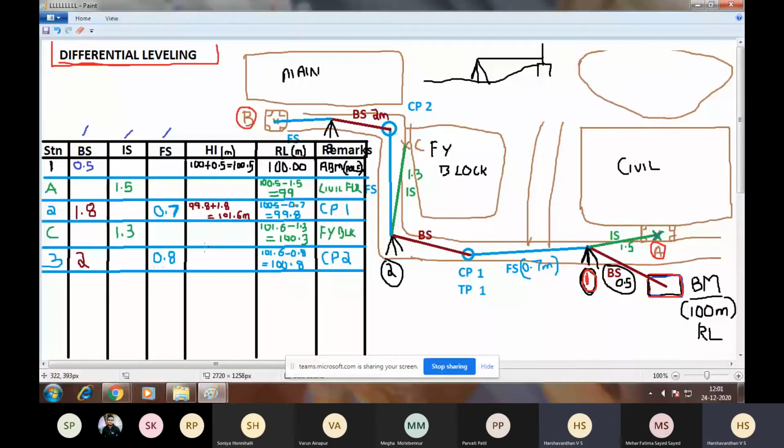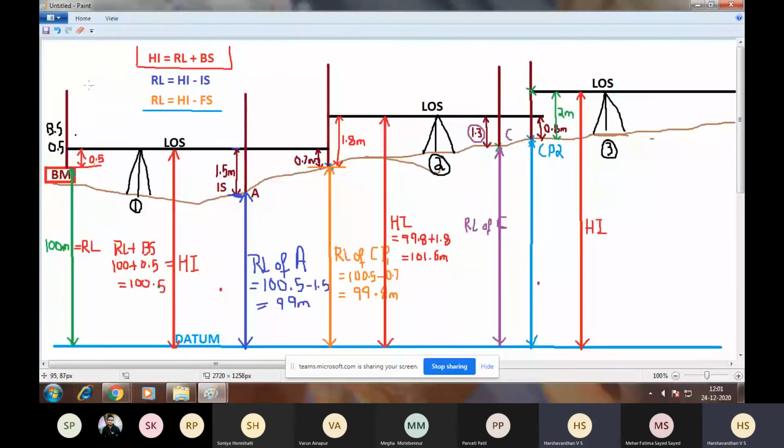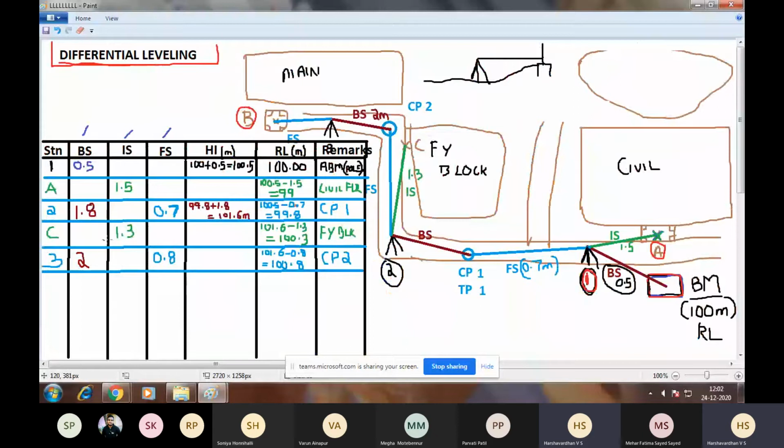So what is the new height of instrument? Height of instrument is equal to RL plus backsight. So RL is 100.8 plus backsight 2 meters, that is 102.8. So this is the new height of instrument.